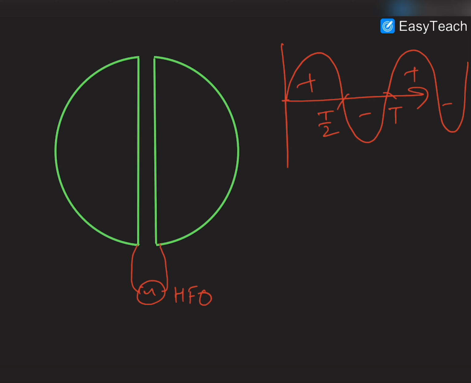So what we have to do, the particle which we wish to accelerate is kept in the gap between these two Ds, and let us suppose that the initial polarity was in such a way that this